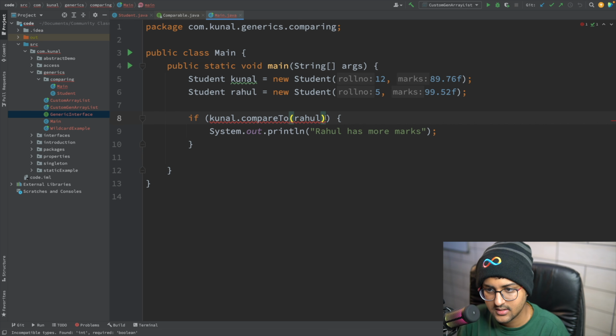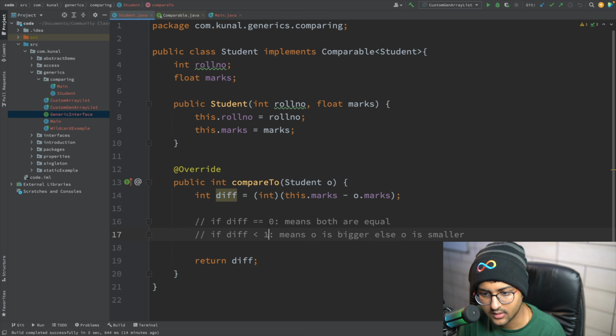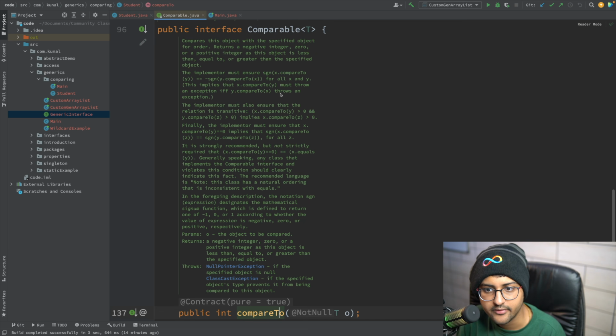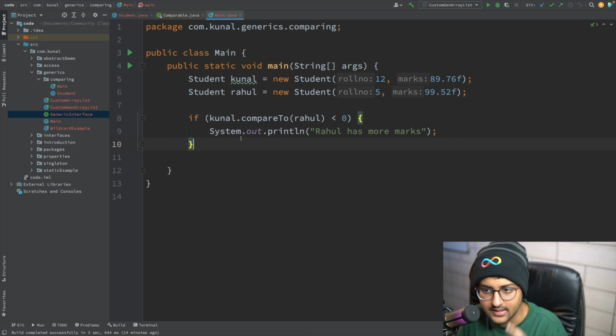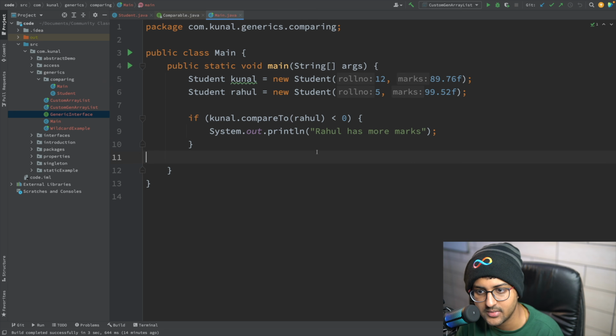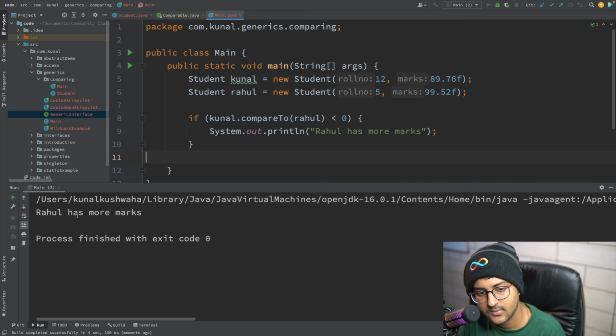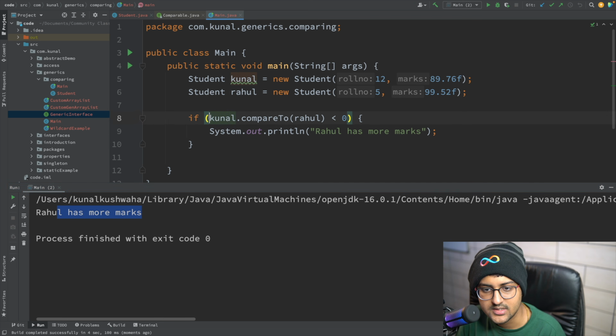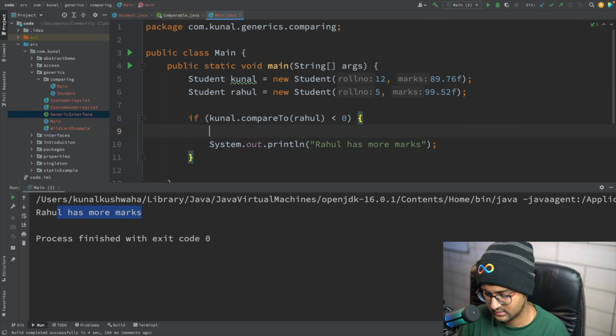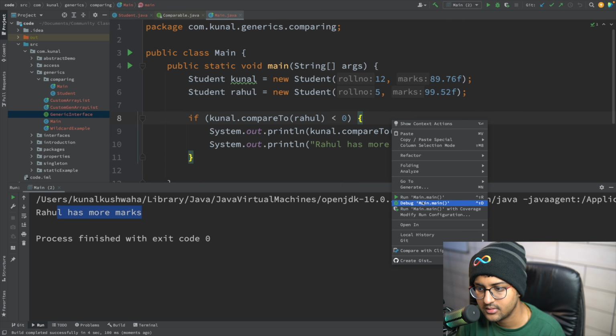So if Kunal, this is giving me less than 0, okay, not less than 1, less than 0, negative. In that case, it will be like Rahul has more marks. Rahul does have more marks, so it should give me less than 0. It should print this. Rahul has more marks. What was the actual value? You can print that as well. Print the actual value. I think it's -1.